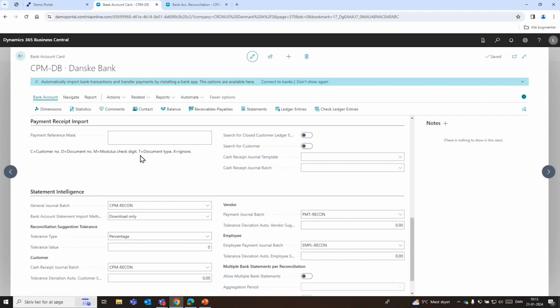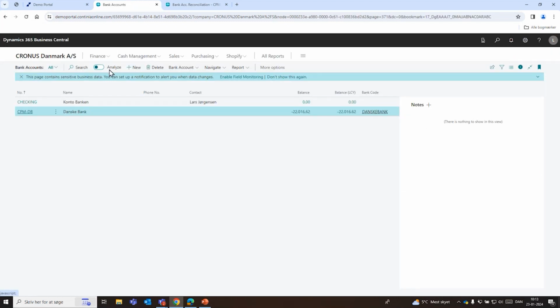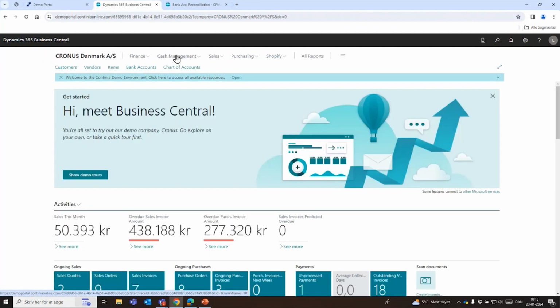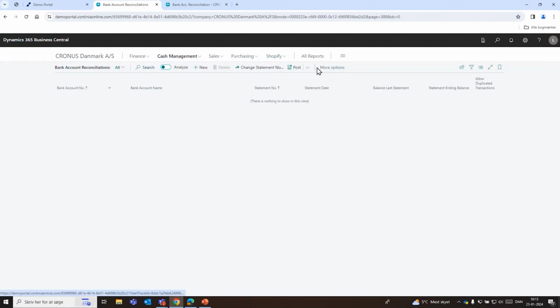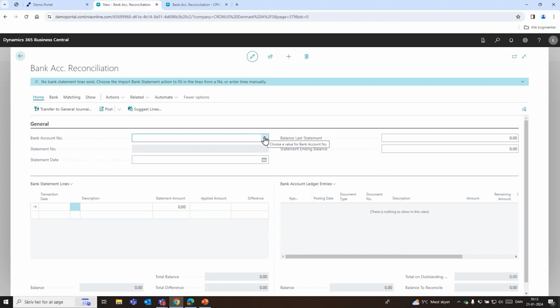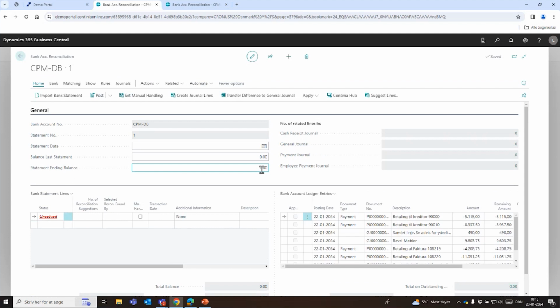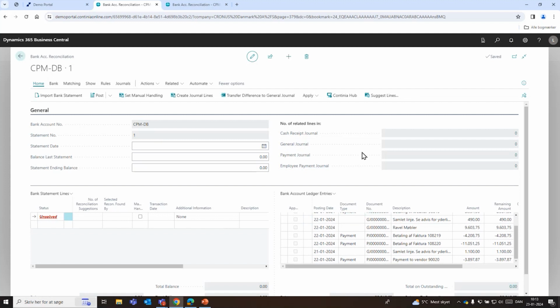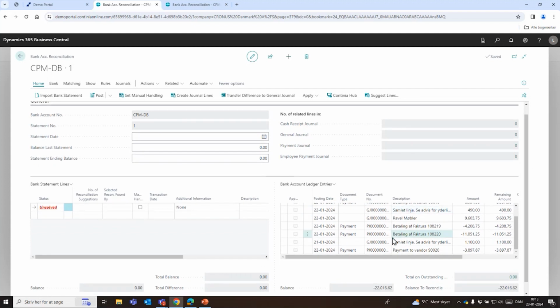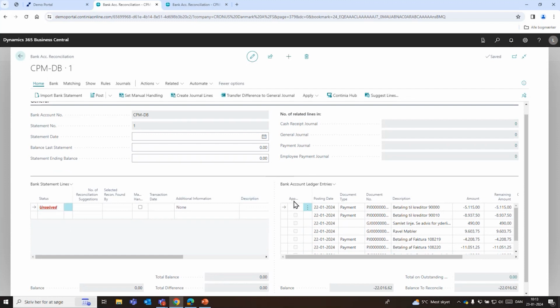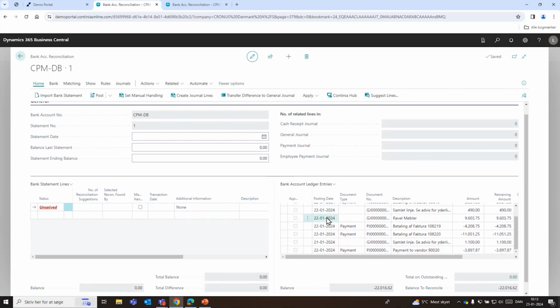Let's then go to the bank account reconciliation and get started. Okay, so I will create a new one. I will select the bank account that I want to reconcile. And now you can see this is the first statement I've ever created for this bank account. And I can see down here a lot of bank account ledger entries. I haven't imported statement lines yet because I just want to show you,